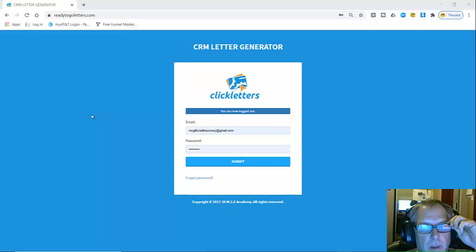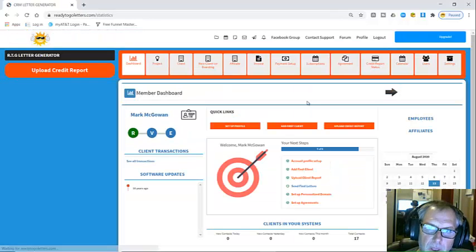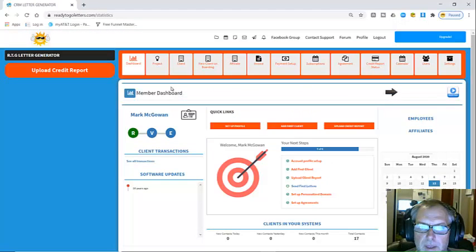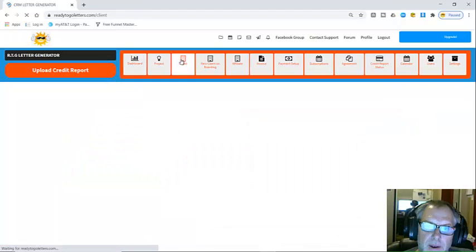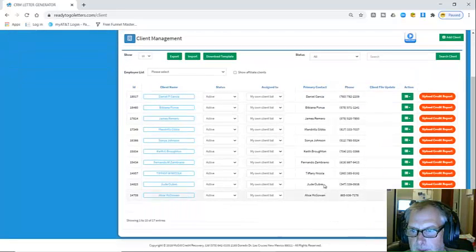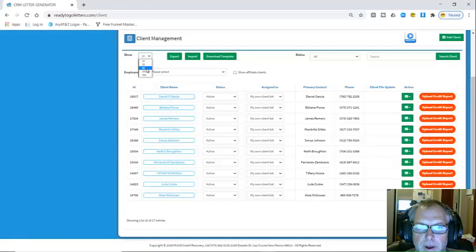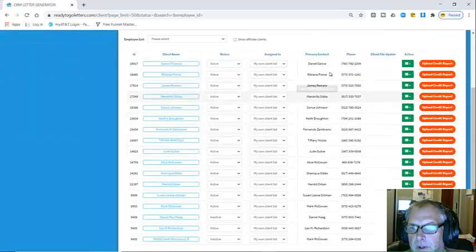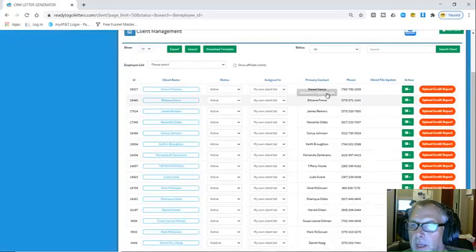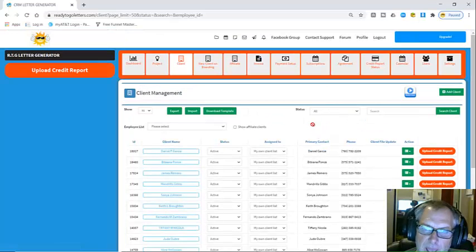Okay. All right, Bryce. This is the third-party system that we're using. So let me go ahead and submit this. All right. And okay, this is my dashboard for this particular system, and it'll list all the clients that I'm helping fix their credit. They're all there, and I'm going to show you basically how this works back here, but we can talk about